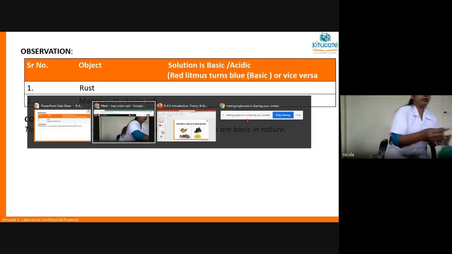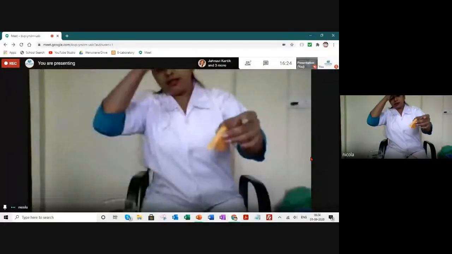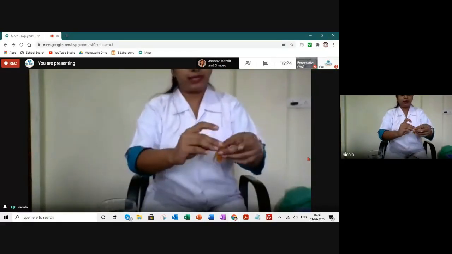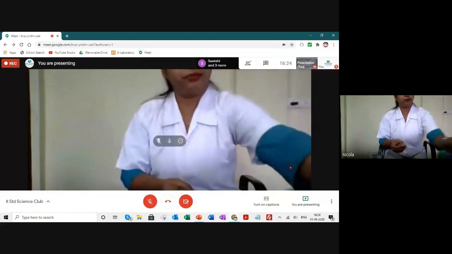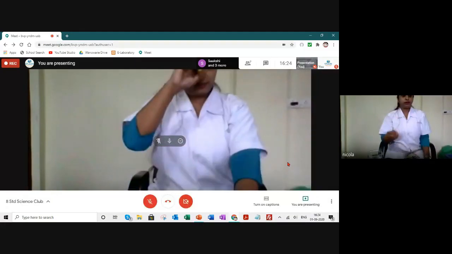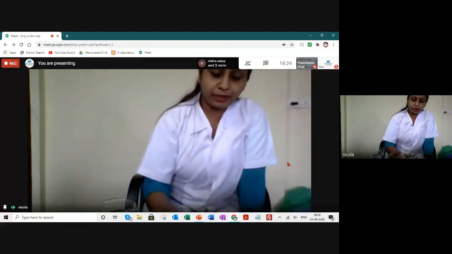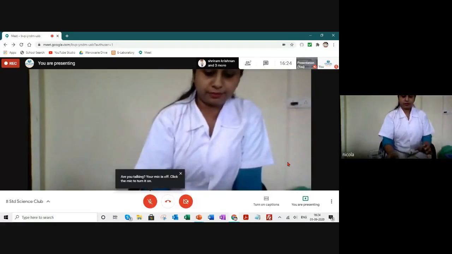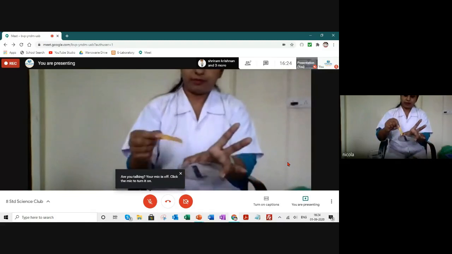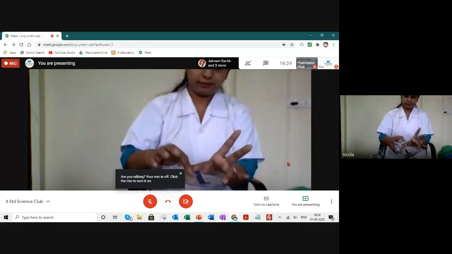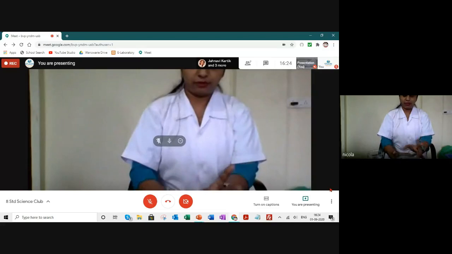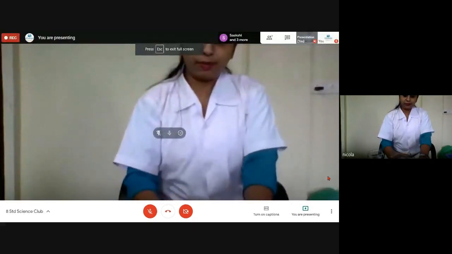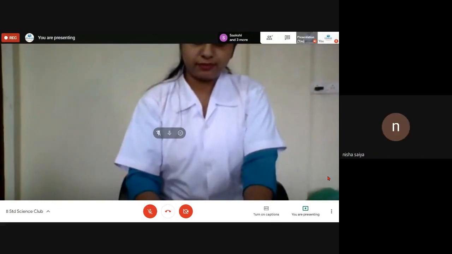Okay. So this is turmeric paper. All right. You all can prepare it at home easily. You just have to prepare a solution of turmeric, put it on the paper and allow it to dry. Let's see what happens to the turmeric paper. All right. We'll leave it as such for some time. You all saw what was the color of the turmeric paper? Yellow. Yeah, it was yellow.